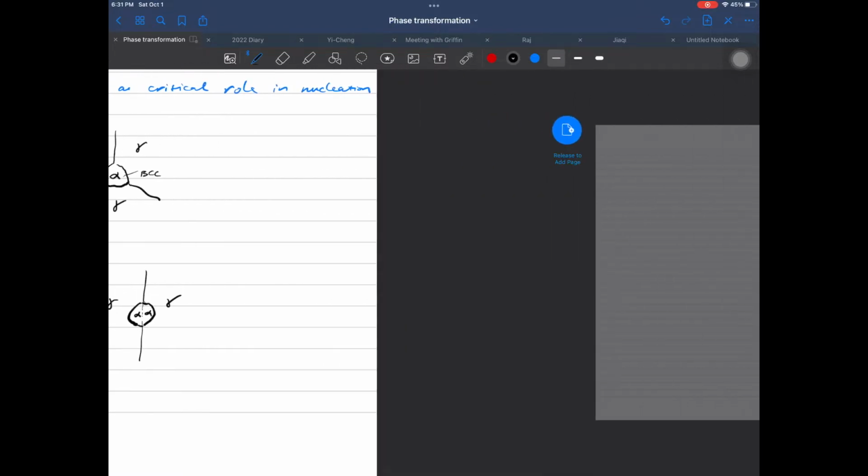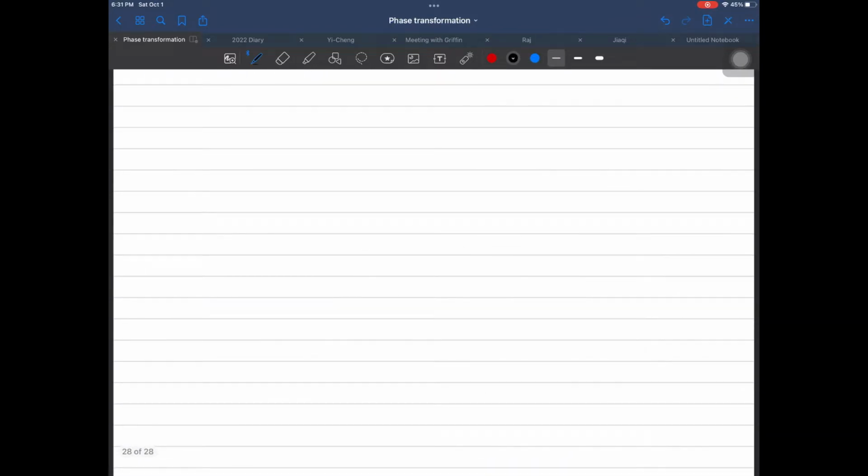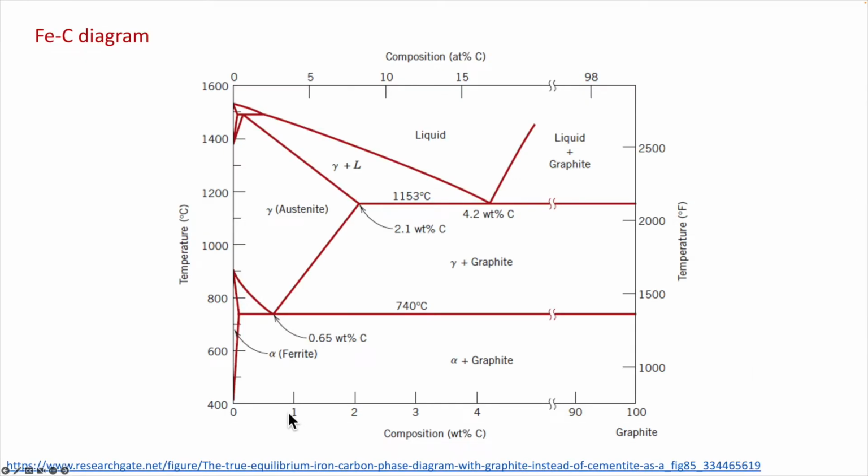Moving forward from the single component phase transformation to the binary system, here we'll use iron-carbon as the model system. This probably is the most classic system you're going to learn in either material science or in metallurgy, simply because steel is the most widely used alloy in our society. This is the iron-carbon phase diagram, and there's a special point,